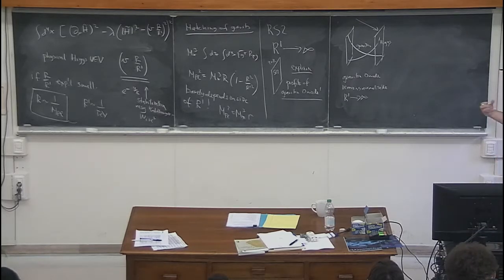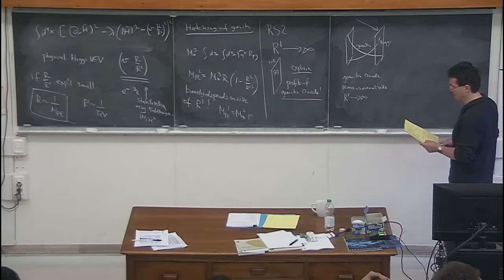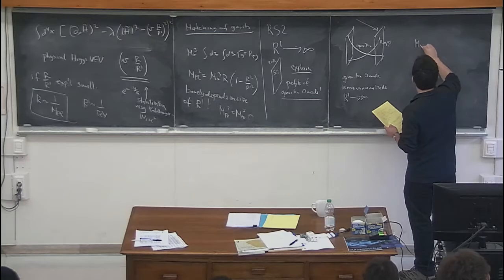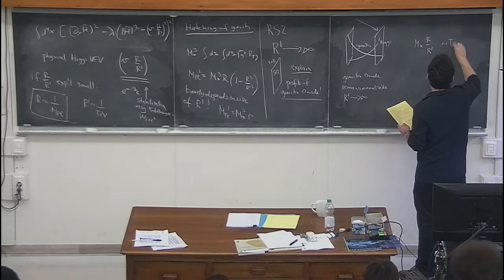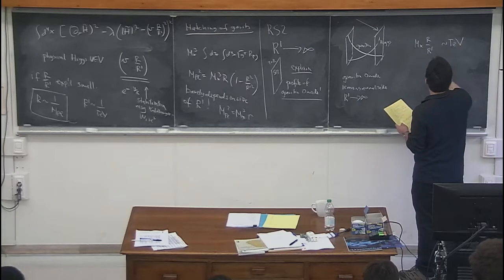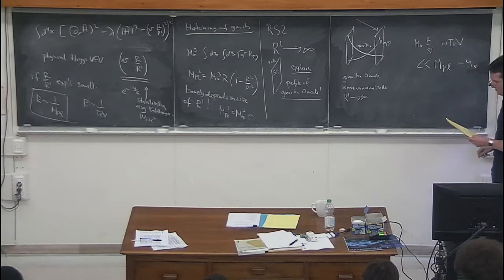So the characteristic scales of the weak interactions are going to be exponentially suppressed compared to the characteristic mass scales of gravity. So M_star times R over R prime would be roughly the TeV scale, and that is exponentially smaller than M_Planck, which is of the order of M_star. So that's the story